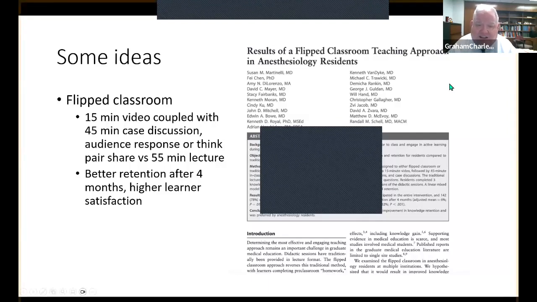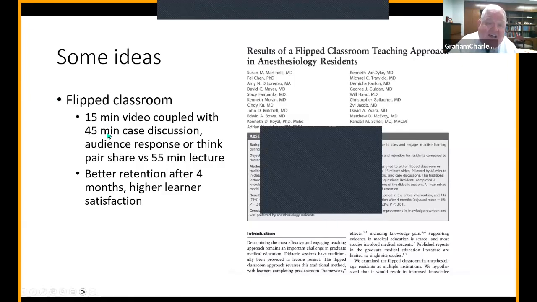Some of their faculty became interested in some of these concepts. And so they decided that we can flip the classroom and ask our residents to watch videos. They made 15-minute videos. So instead of a 55-minute lecture, they shortened it, did just the key concepts. And they asked the residents to watch that video before they came to the didactic session. One nice thing is the resident could watch it when they wanted to. In a busy residency, time is of concern. And so the flipped classroom can provide some flexibility.